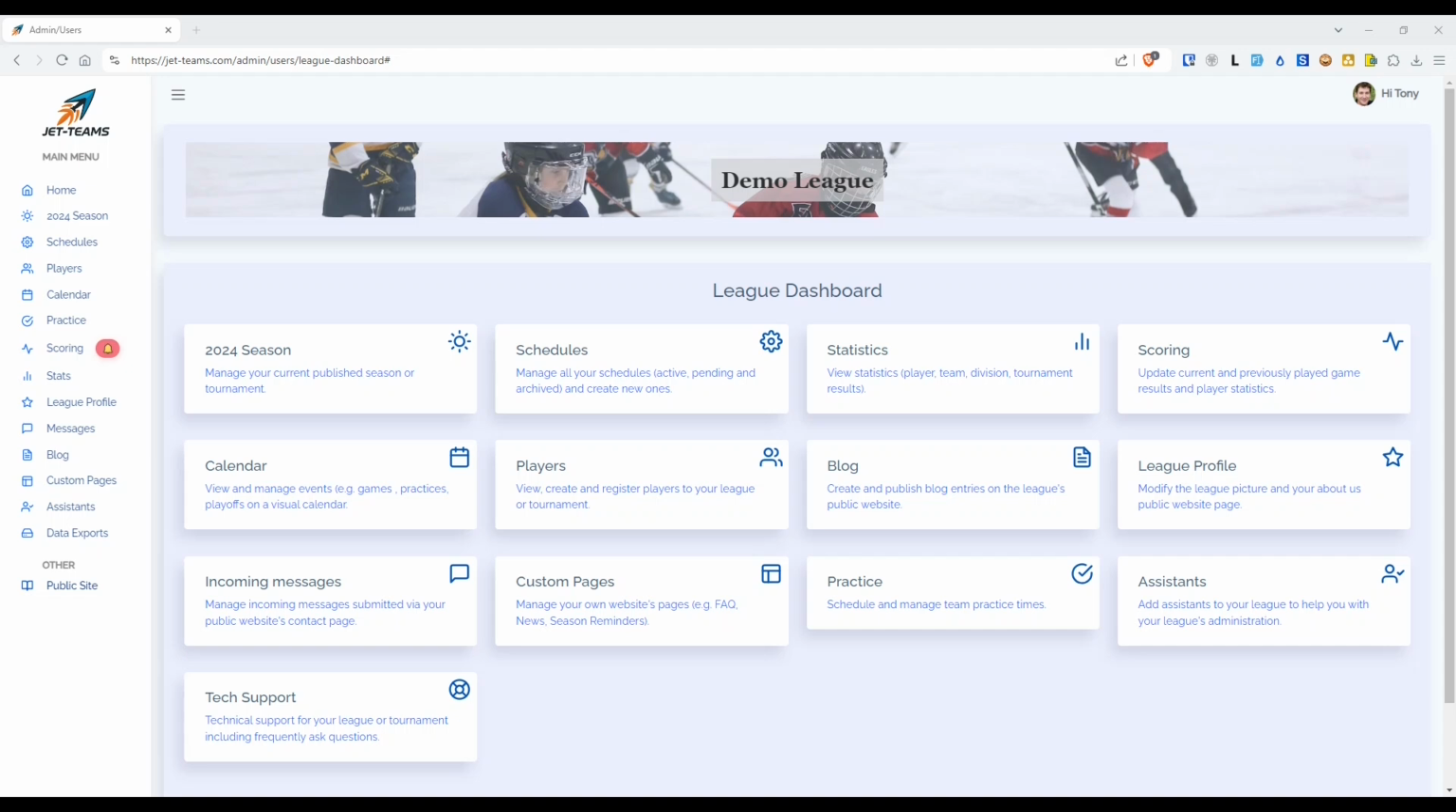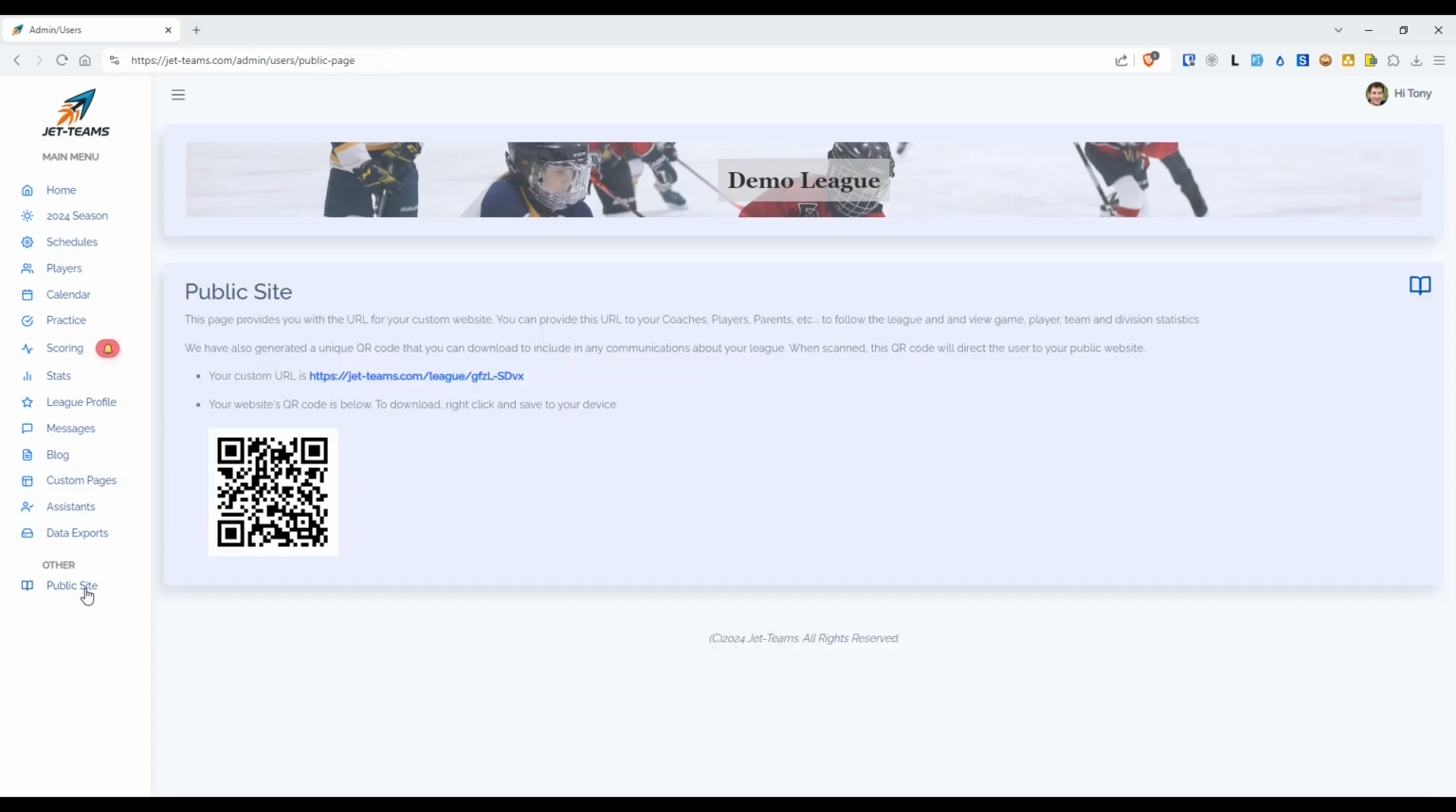So once you create a profile in Jet Teams, you'll have a public site that you can then share with your players and really anyone that you want to have access to look at your league. You'll have a custom URL as well as a QR code that you can download and save and put in media that will direct customers or players to your league. So let's click on this league,